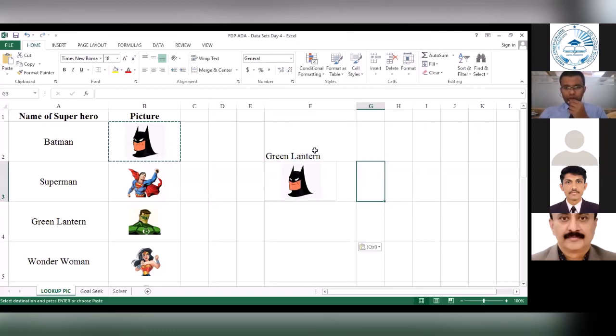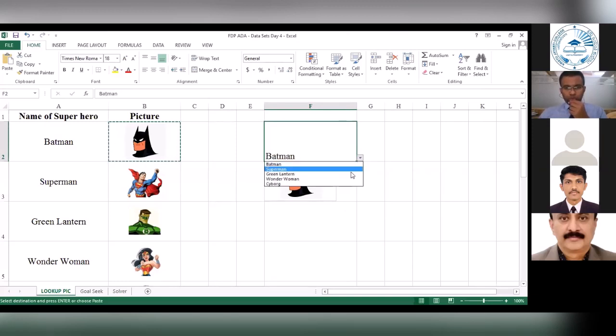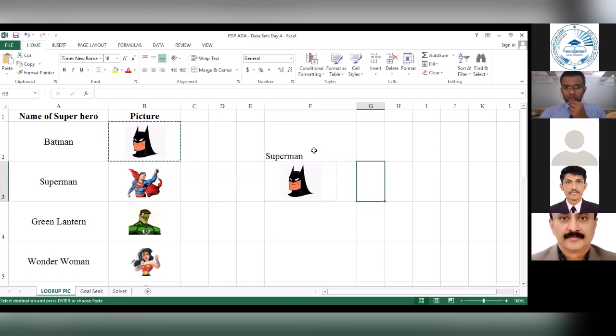Now if you come back and try to change the options, you notice that the pictures are still not changing at all, because our functionality is not complete as yet.